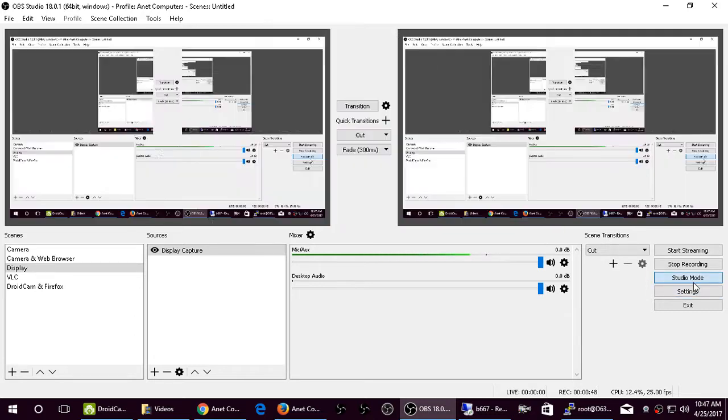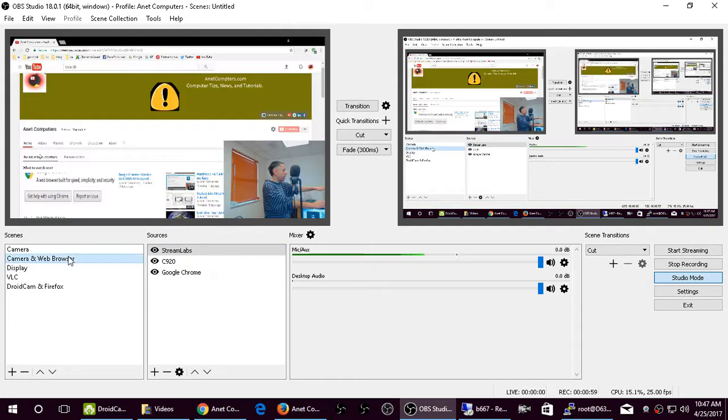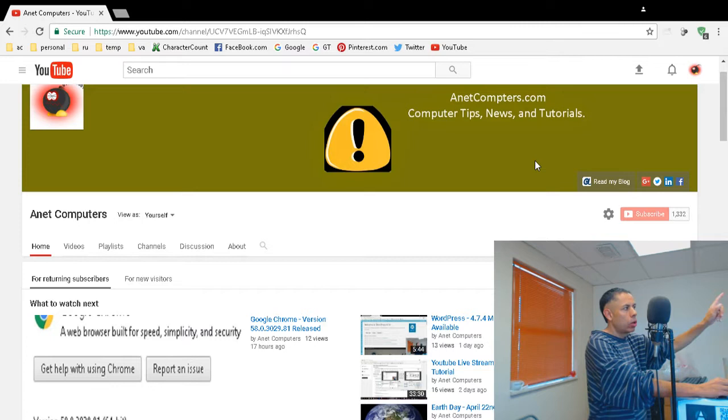Click on studio mode. The left hand side is the scene that you're working on. You have to transition to make that scene live. So then we'll go back and I'll just show you quickly. Camera and web browser. Okay, so as you can see on the right hand side, that's what's going to get recorded in this video. But I want to show you how to set up